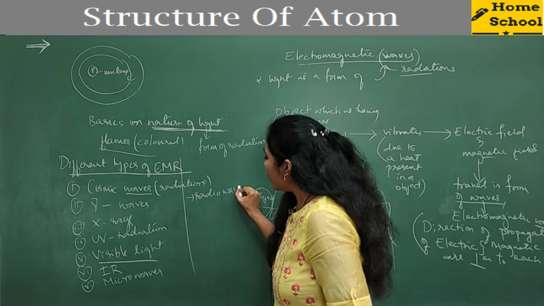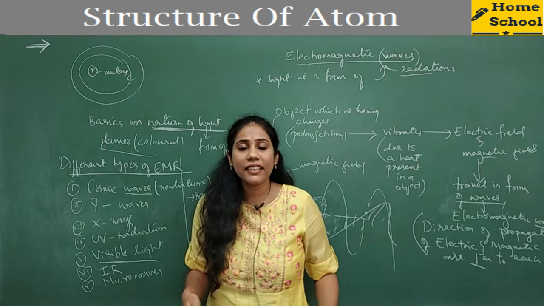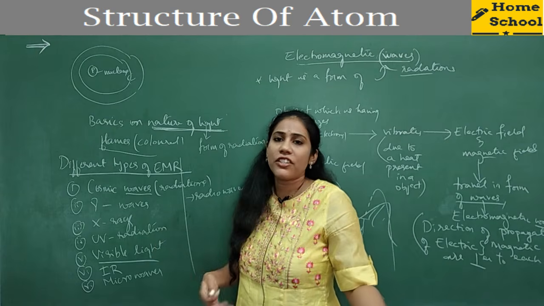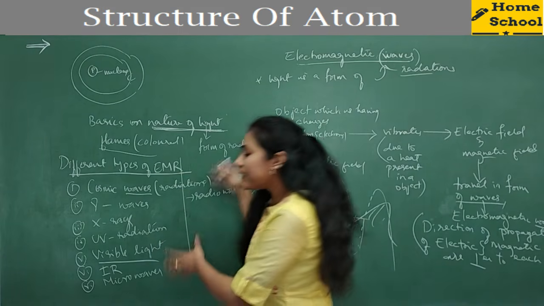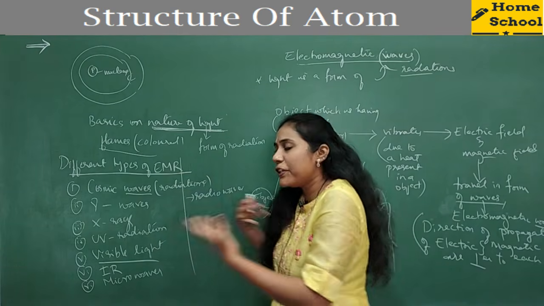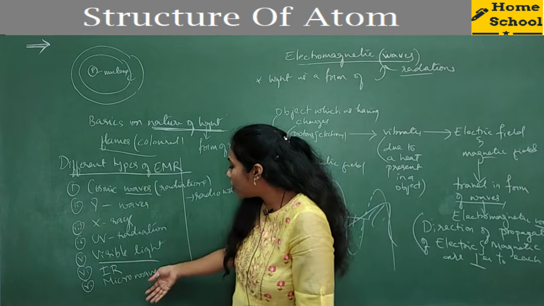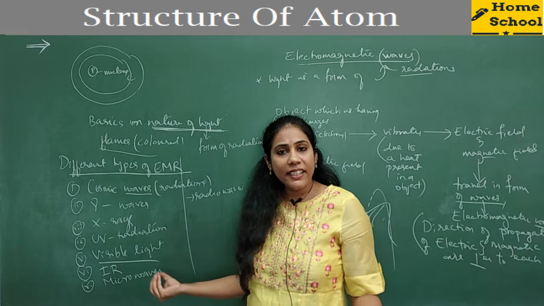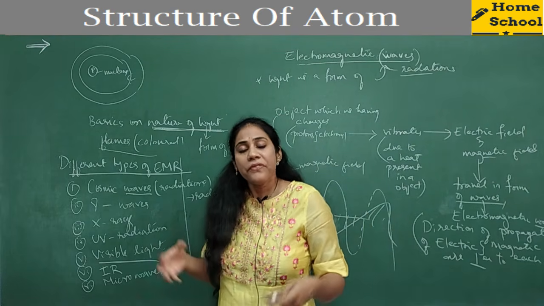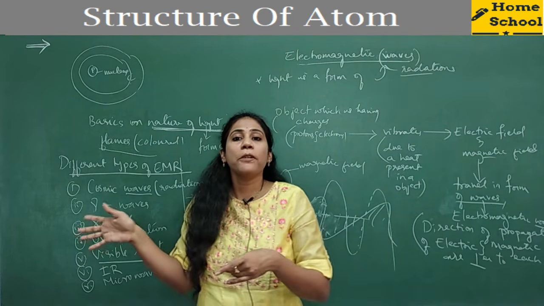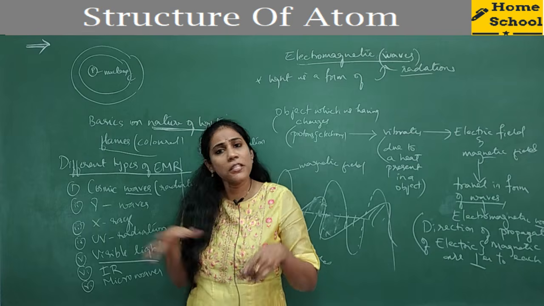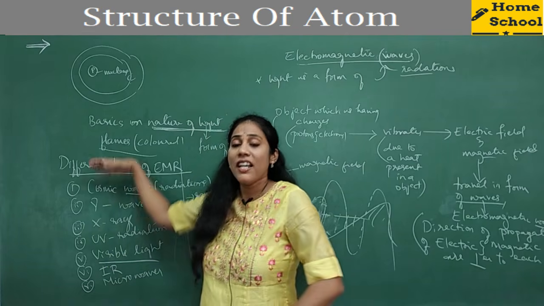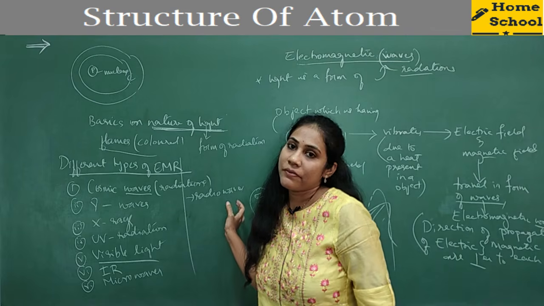Radio waves. Like you have different objects on earth, right? All these objects will produce different types of radiations. So it can be one among these radiations. We may produce certain radiations which may belong to visible light or infrared rays or whatever. Each and every object produces electromagnetic radiations, but they are not the same. Different objects produce different types of radiations. So these are the different types.